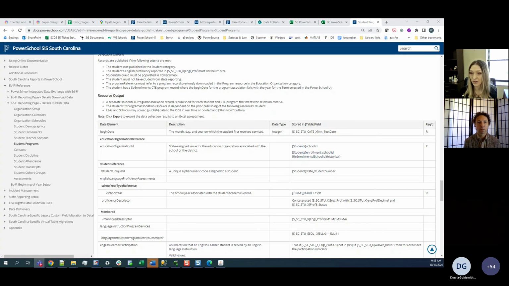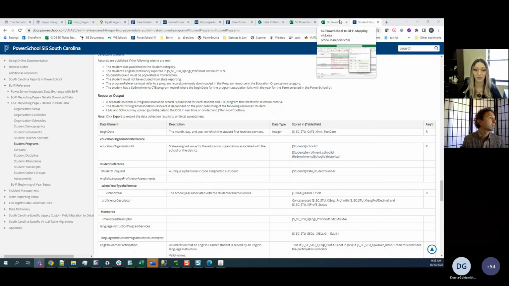So I think there was a question. Somebody said, where do we access the PowerSchool EdFi tracking document? It's on that page. So just go to that page, look at the PowerSchool documentation that Wyatt has up on the screen, re-download, republish each week, clear your cache. That's the habit to build right now.